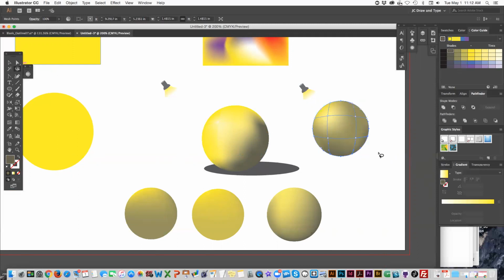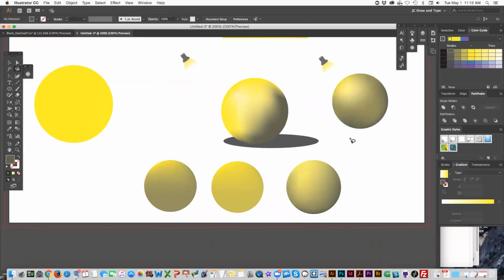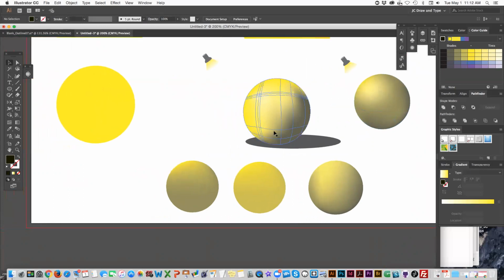Double click. There we go. And now we're starting to get more spherized. And maybe let's try that one as well. So now it's getting a nice smooth transition. So kind of the happy medium, I guess you could say, to get a really round looking orb, or sphere, was to have